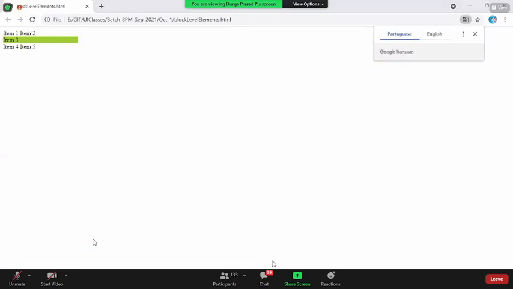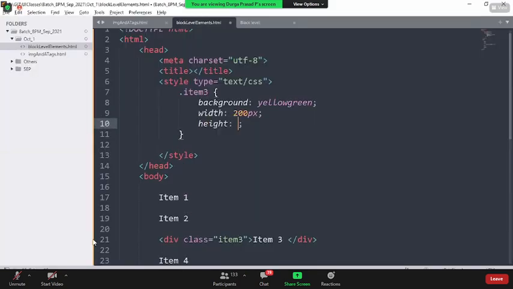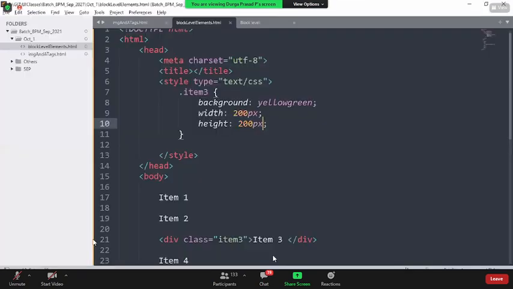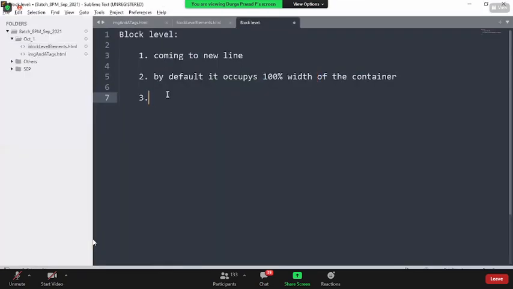In the same way, I would like to control the height property. Is it possible, boss? So I say height, some 200 pixels. Save this, come back here, reload the page. This is how it is. So by default, it occupies 100% width, and on top of that, we can control the width and height of elements.